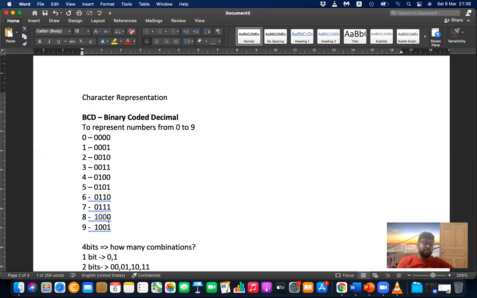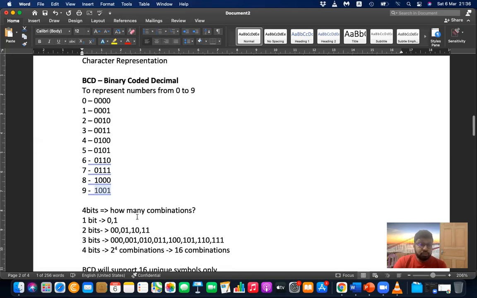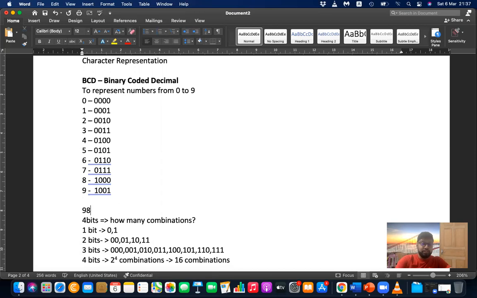But for 8 and 9, you don't need to, because 8 and 9 are already 4 bits. Therefore, this 4-bit combination was initially used to represent the numbers. See the advantage. If you have a number like 98, simply you can represent 9 as 1001 and 8 as 1000.